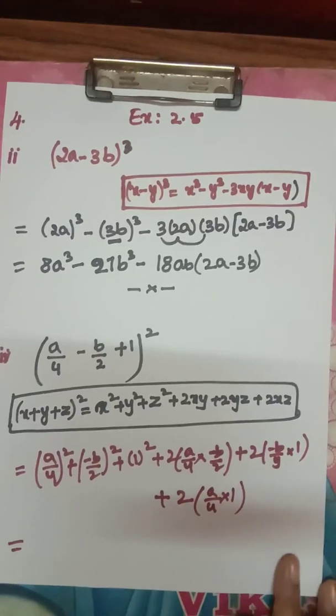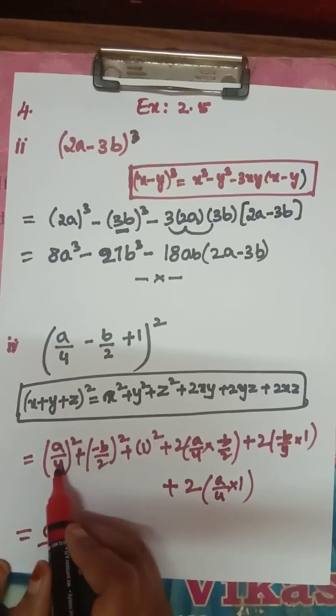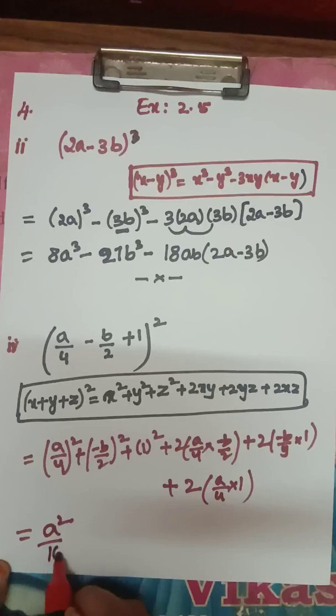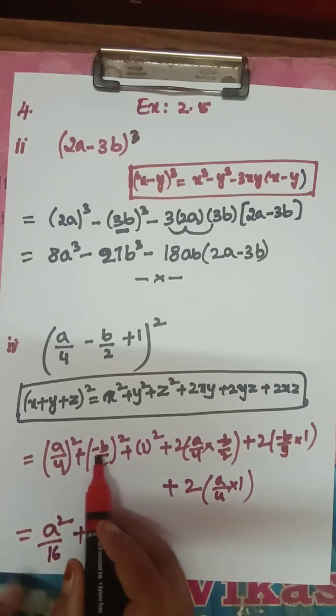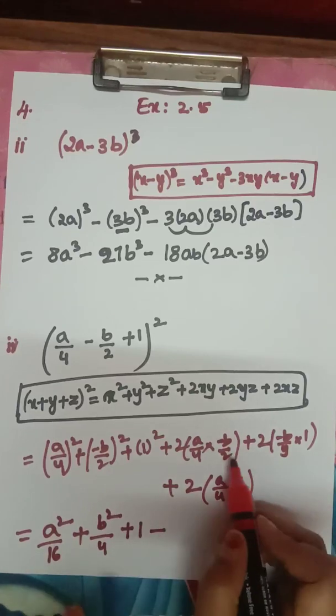That is a square by, square is for both numerator and denominator, 4 4s are 16, plus, minus into minus becomes plus, (b/2) whole square is b square by 4, plus 1 minus,